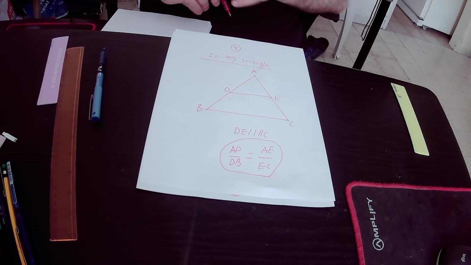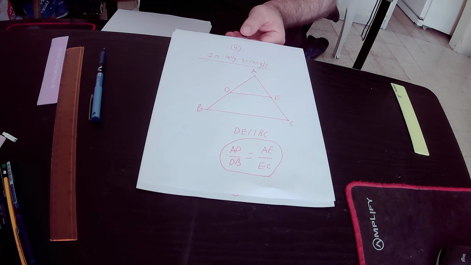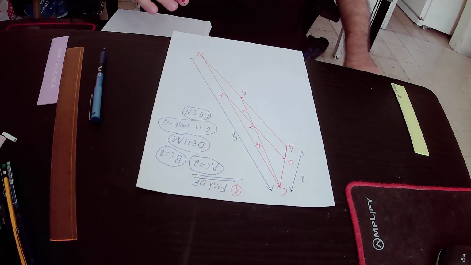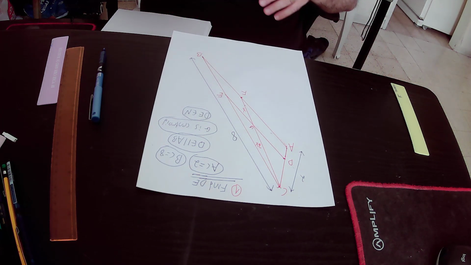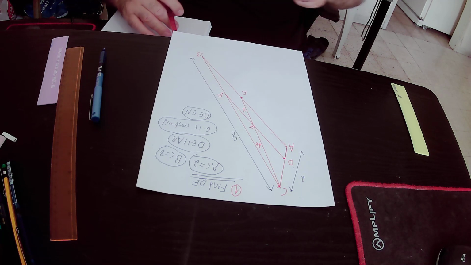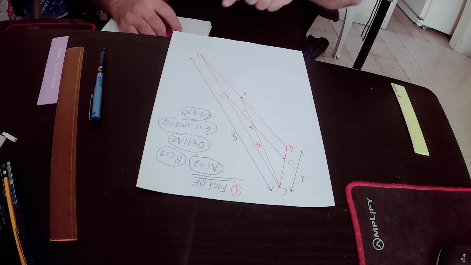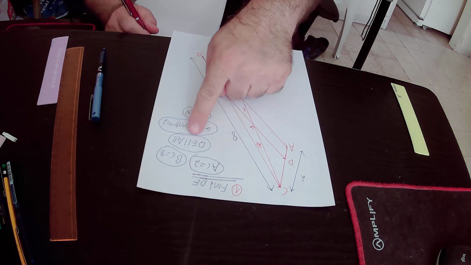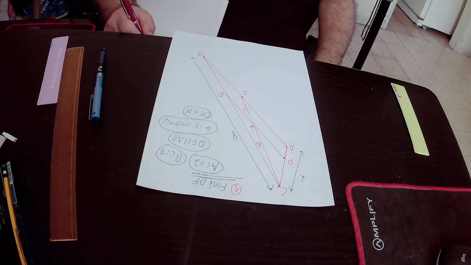And again, we can implement this second rule in our drawing, because it is given in the question that DE is parallel to AB. Therefore, according to the second rule,